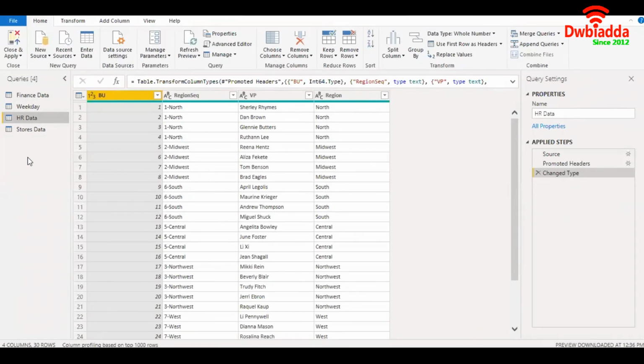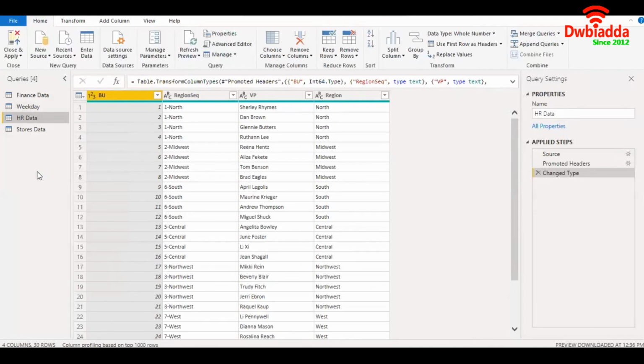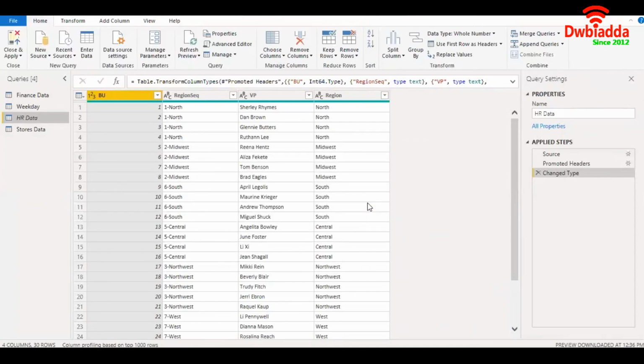In that case, what you can do is you can right click on the query and uncheck the enable load option. Click on continue. As you can see, this query is now turned into italics. This is signifying that the enable load option is unchecked.